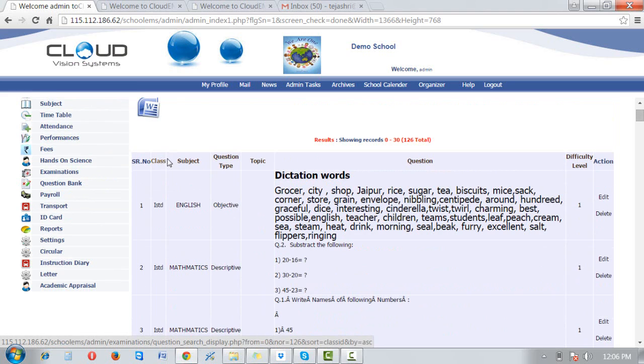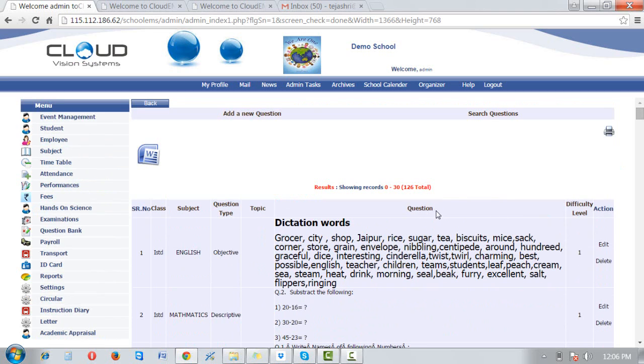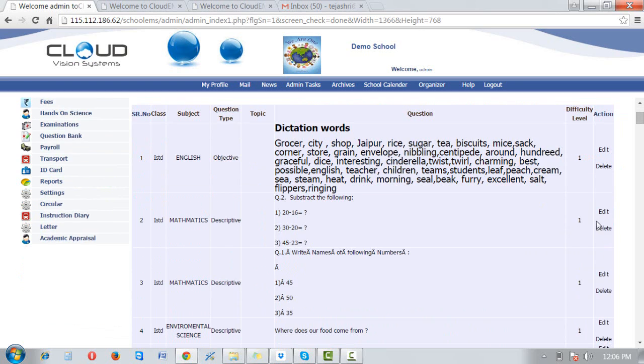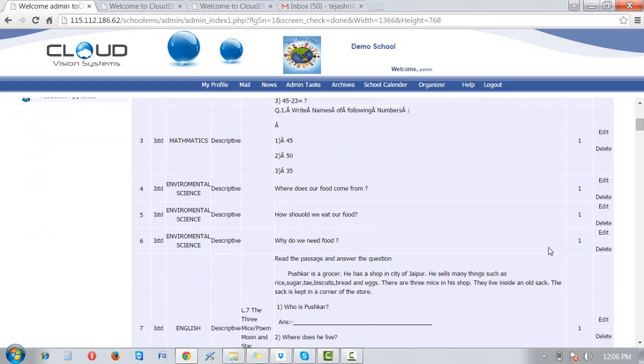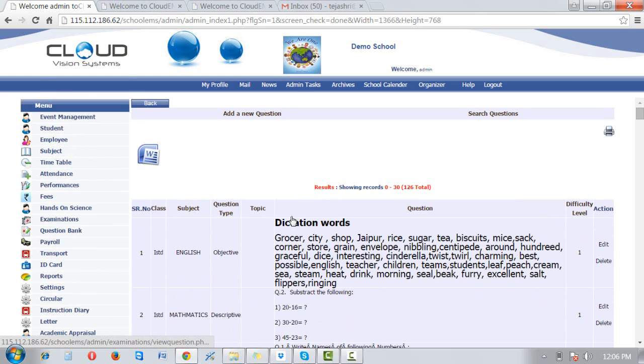So these are the class, subject, question type, topics, questions, what the question is, and the difficulty level. If we want to edit any details, we can click on edit, and if we want to delete, we can delete it from here. If you want to export to Word, just click here, where the Word symbol is provided.